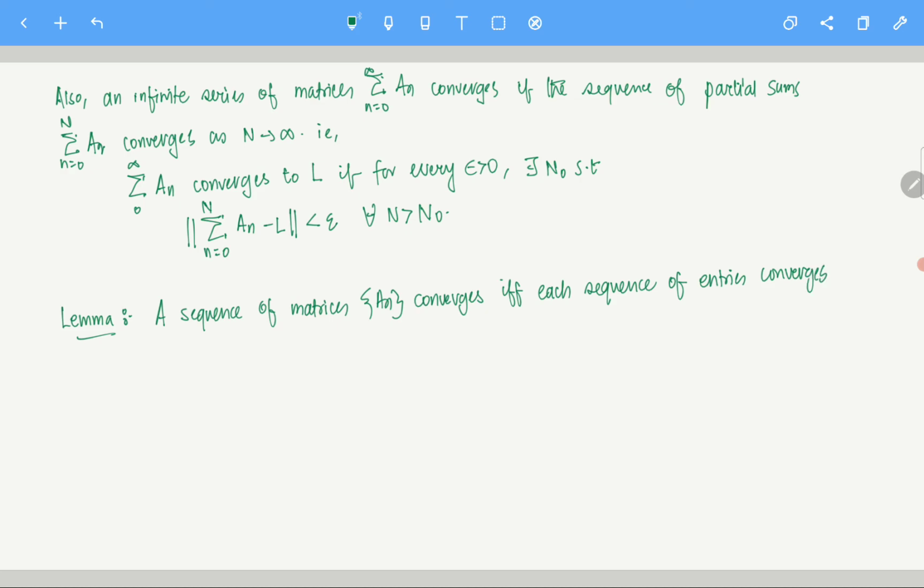So basically what it is saying is, if you want the whole sequence of matrices to converge, then each sequence of entries should converge,